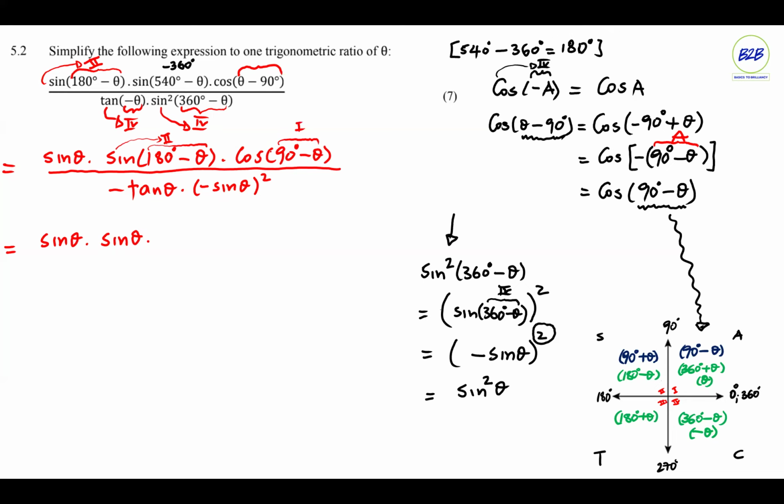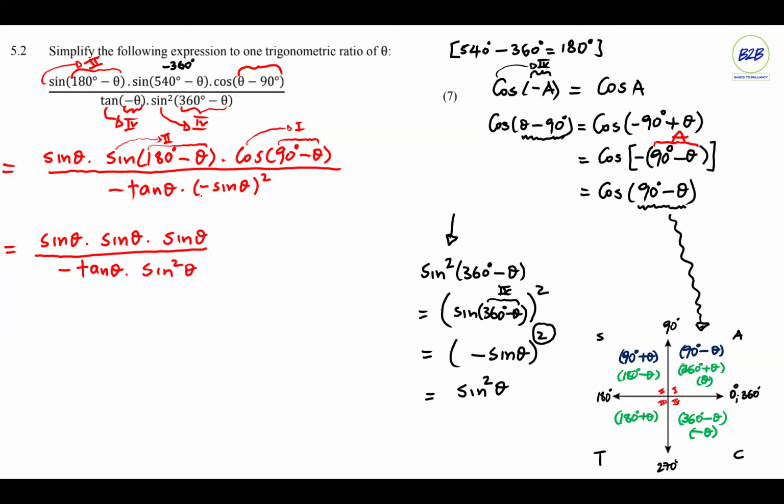It's one of our normal reduction formulae. Then now is cos in the first quadrant positive? Then we have cos of 90 degrees minus theta. What does that mean? It means we must change it into sine. Then all over